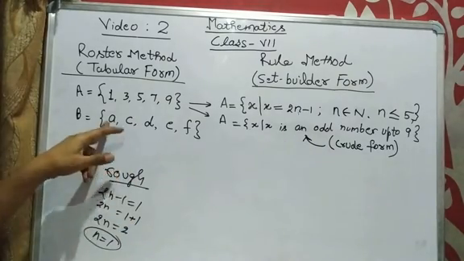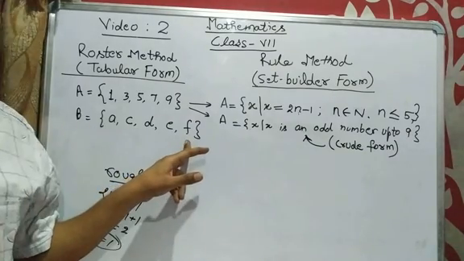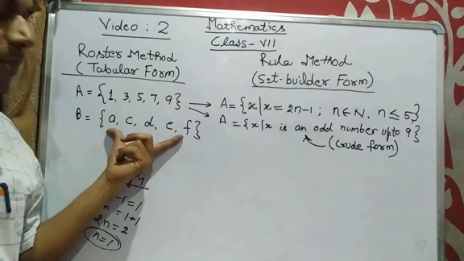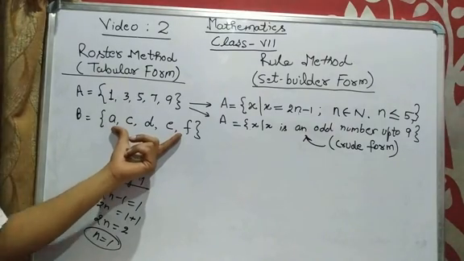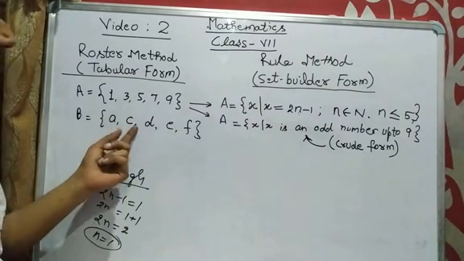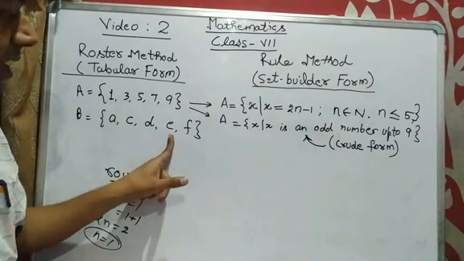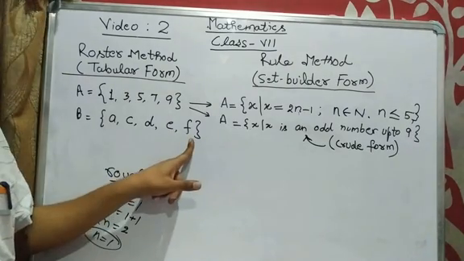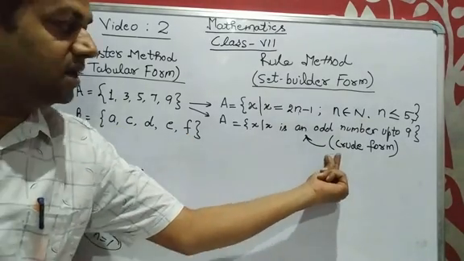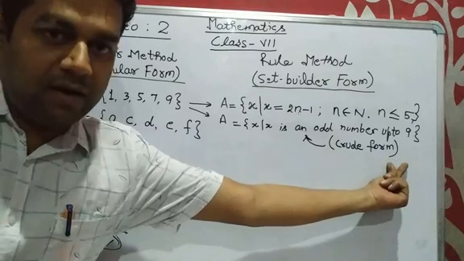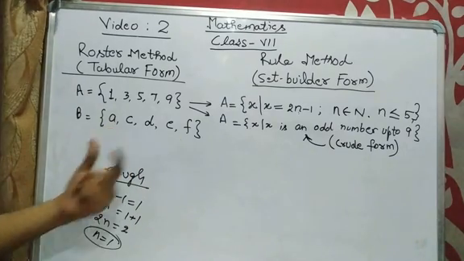Suppose for the next example, A, C, D, E, F. And you can see, is there any common property? I think so, only the one property. These elements are the letters of the English alphabets. A, C, D, E. But there is no proper pattern. A, C, B is missing. D, E, F. The thing is missing from C to F. And after F. So we can't write X such that X is a letter of English alphabet. We can't write. Because it will comprise from A to Z. But here the elements are found. See the next example.